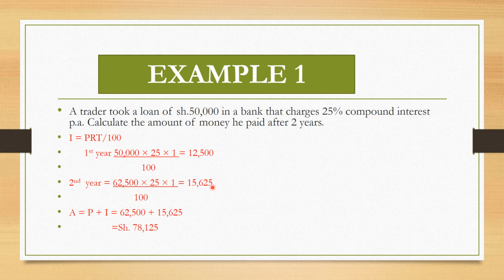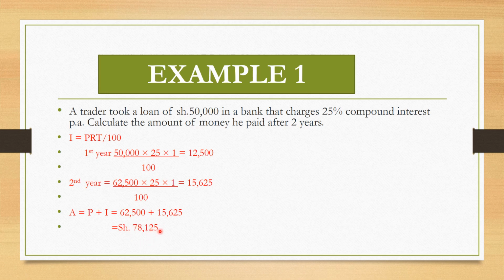If I ask you to find only interest, you will only come here and add 12,500 plus 15,625. This is your interest of the first year and this is your interest of the second year. But if you want to find the amount, if you go back to the previous slide, we said amount is equal to last principal plus the last interest. So you'll come here and say the last principal that I use is 62,500 and my last interest is 15,625. So you'll just add these two, that is P plus I, that is 62,500 plus 15,625, and your amount will be equal to